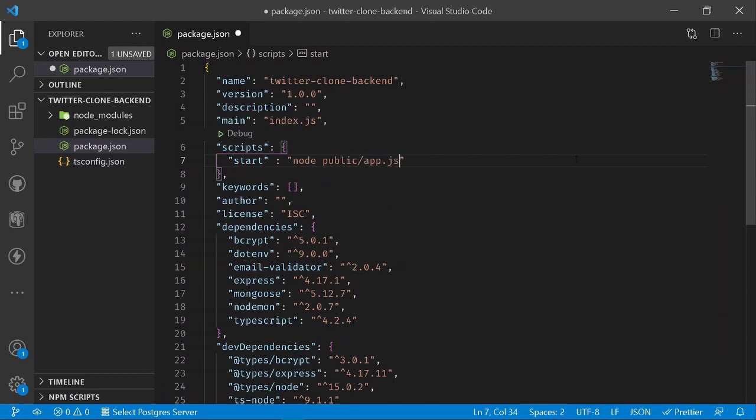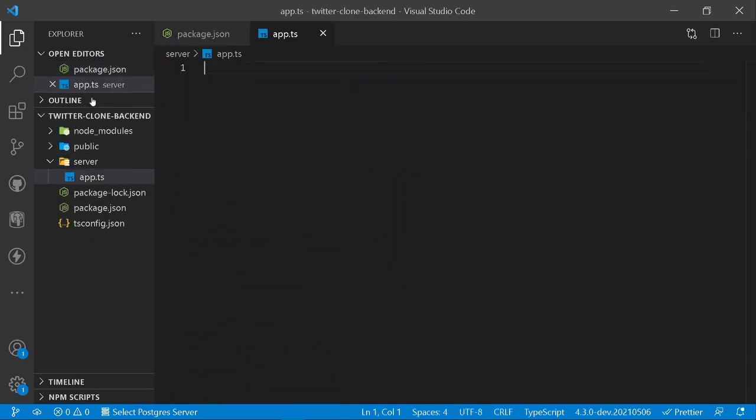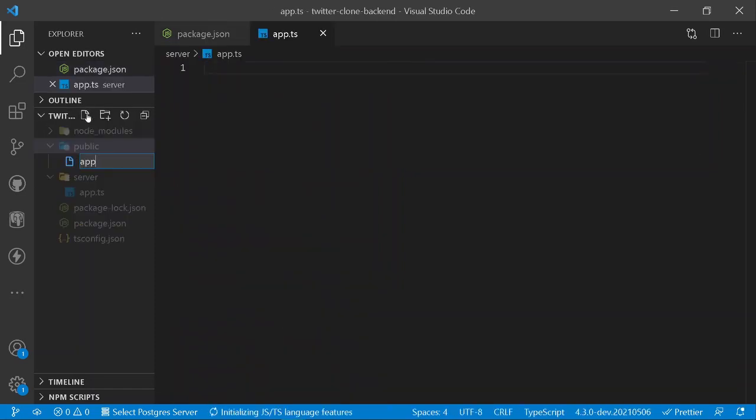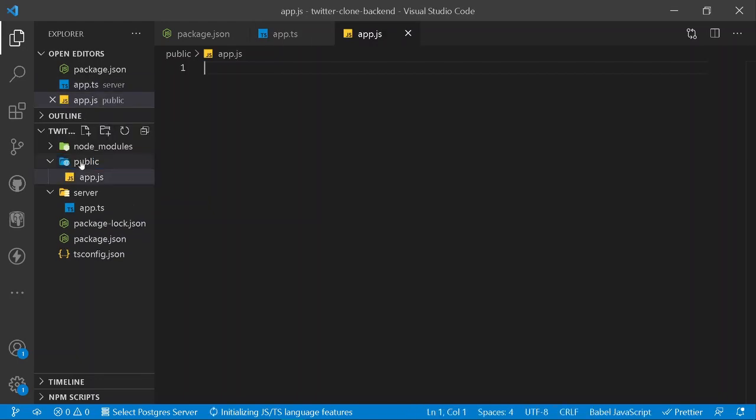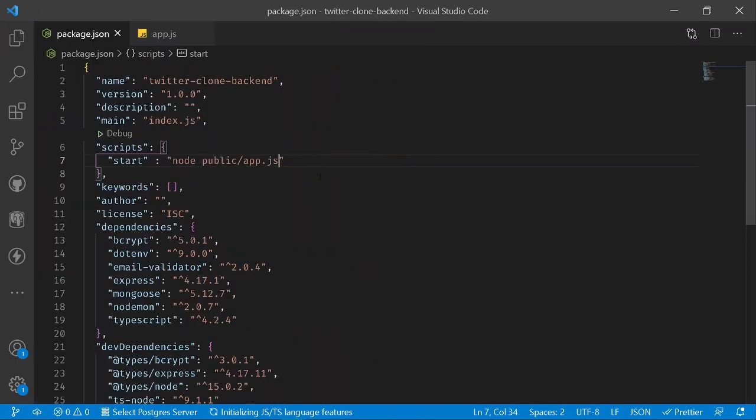/app.js file. Alright, let's go into our entire project folder, and I will be creating a public folder with an app.ts file. And we shall be requiring one more folder known as server. Under our server, I will be creating a new file known as app.ts, and also under my public folder, I will be creating app.js, just like this. Once we have got both of the files, we can go back to our package.json.